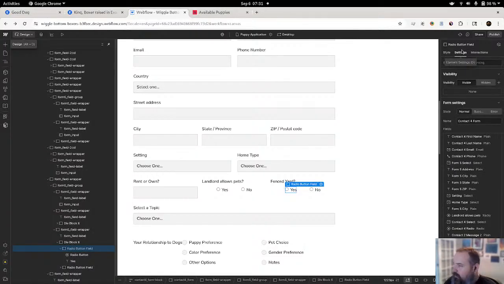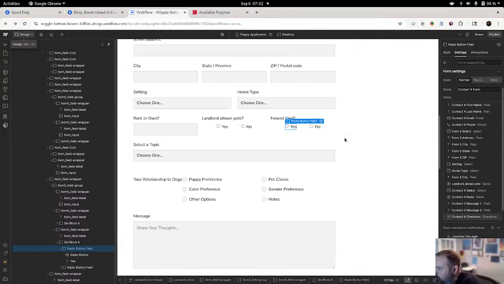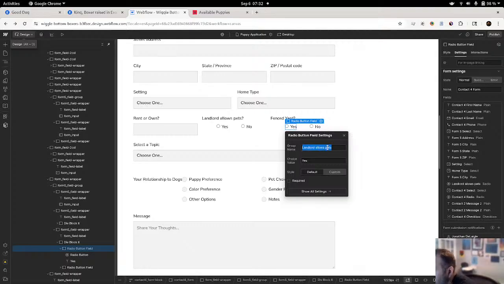I think it's settings. There we go. And this will be fenced yard.